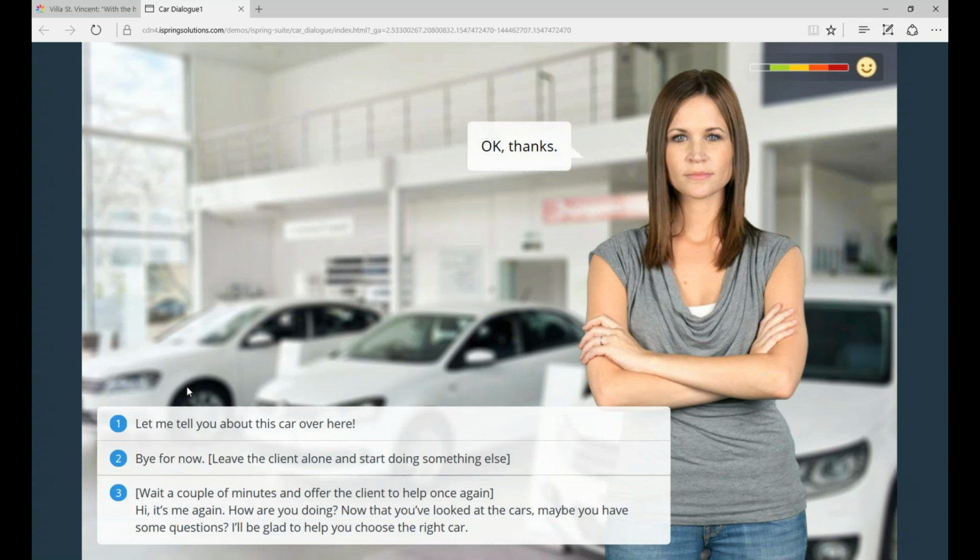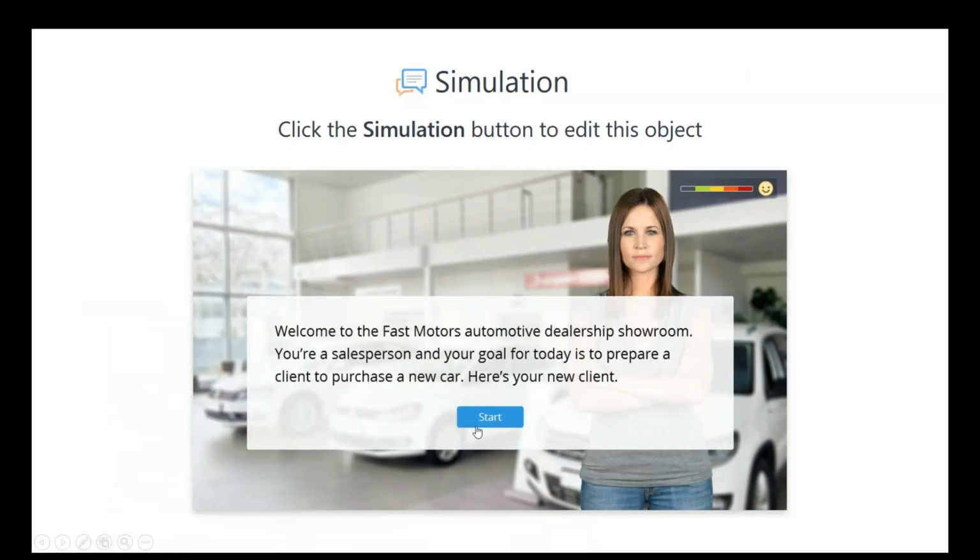So this is what it looks like. And by the way, I encourage you to try and complete this simulation. And if you manage to close the deal by the end of this webinar, do let me know in the comments. I'm just curious to know if you can do it, because this dialogue is quite challenging to my mind. Okay, so now that you've seen what it looks like,